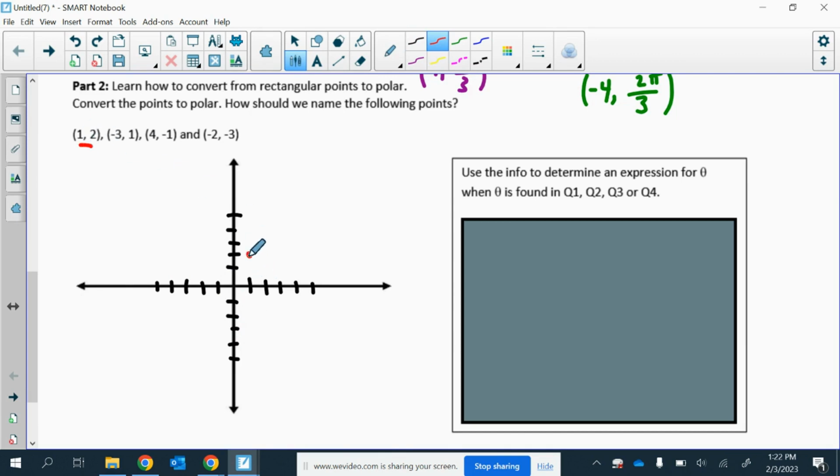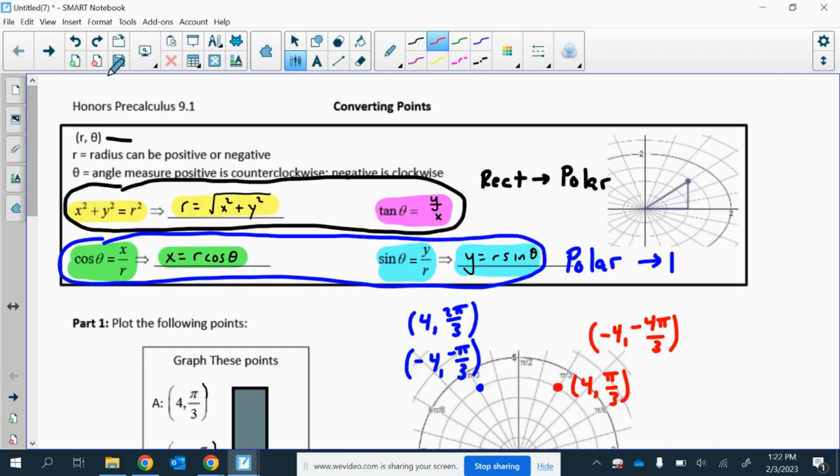So I'll plot 1, 2, negative 3, 1, 4, negative 1, and negative 2, negative 3. So what we're going to do is convert each of these. And remember, if we're converting something from rectangular to polar,